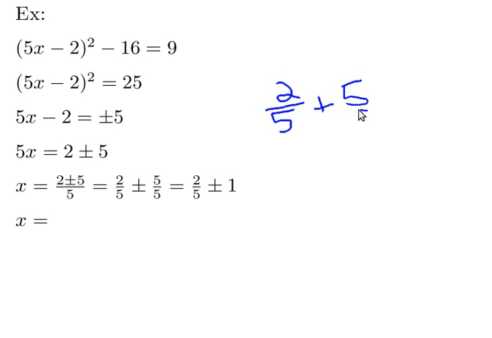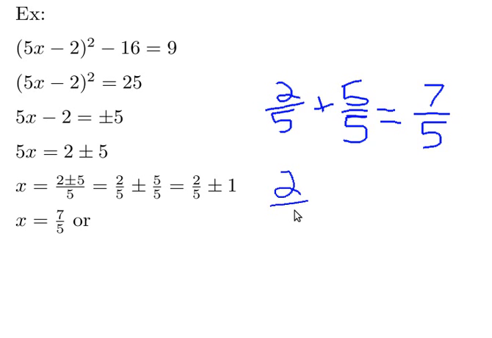It's going to go normal. 2 fifths plus 1 is going to be the same thing as 2 fifths plus 5 fifths, and that's going to equal 7 fifths. So x equals 7 fifths, or this is just the plus part,